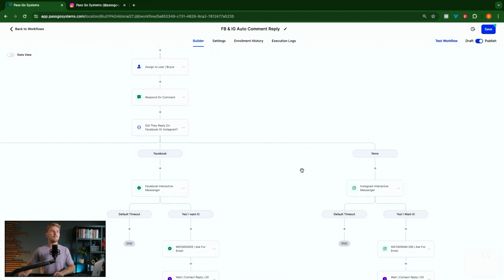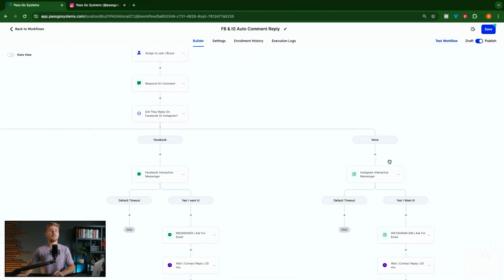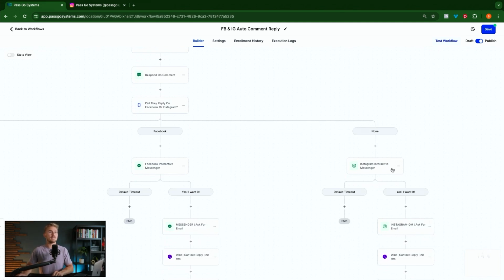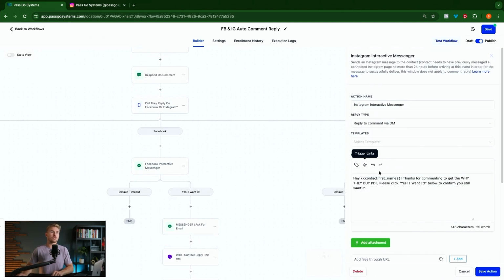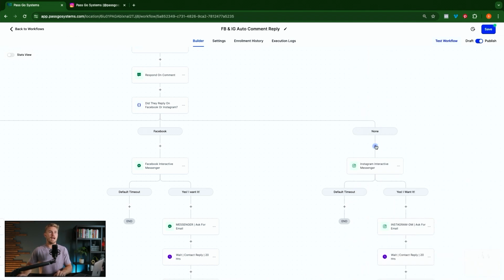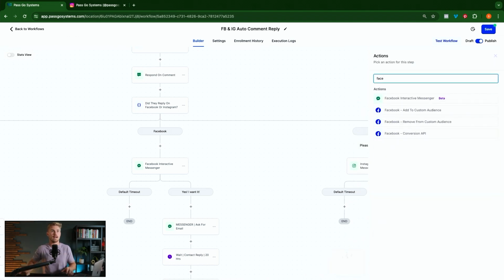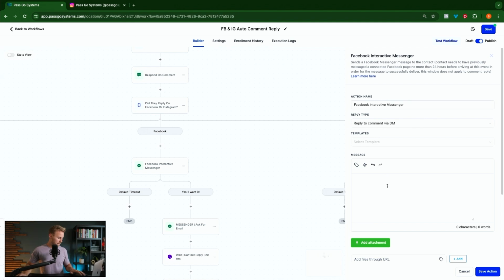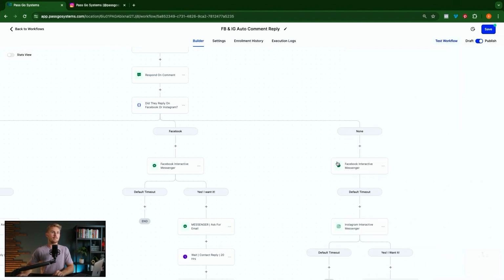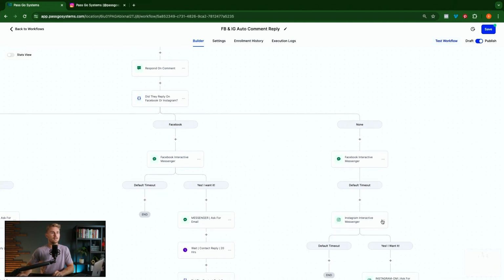So copy here, and it's going to copy everything over. And then all you would have to do is anytime there's an Instagram message, you would come in here and switch this from an Instagram message to a Facebook message. So I would just copy the message that's inside of here and save, and then I'm going to add a new Facebook interactive messenger, and I'm going to paste exactly what message I had in there, and then save that. And so now I've got this Facebook interactive messenger, and I'm going to delete this one, but